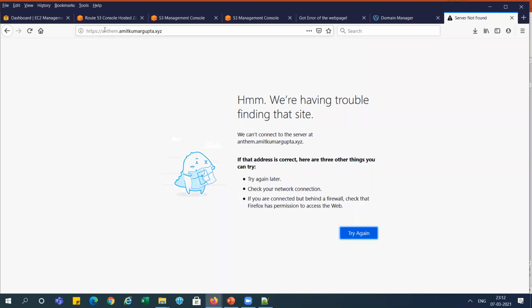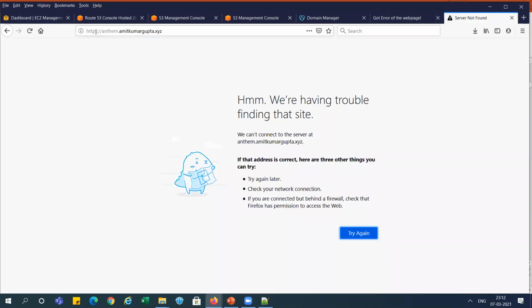So at the end, when we configure the certificate as well as the mapping to the custom domain, then our website will run like this instead of this one. You can see instead of this, and at that time it will also show the certificate lock in green color here. Right? I will show you later on in this demo.